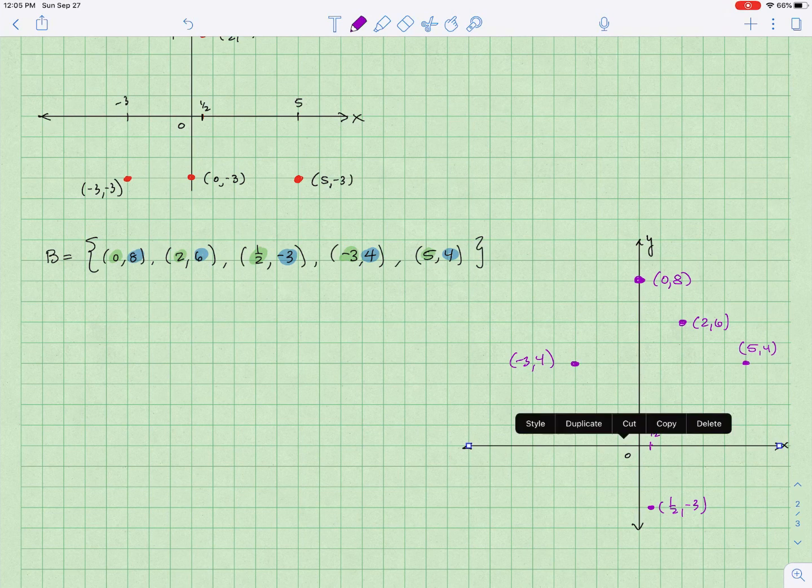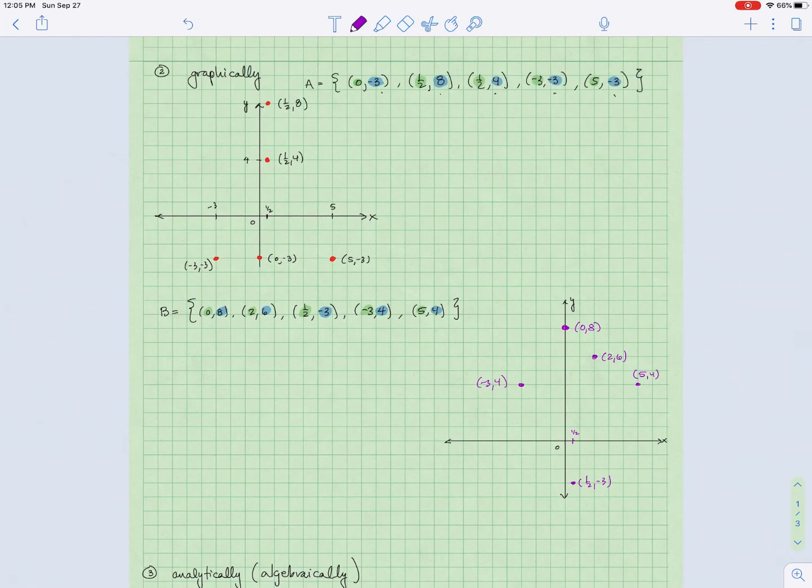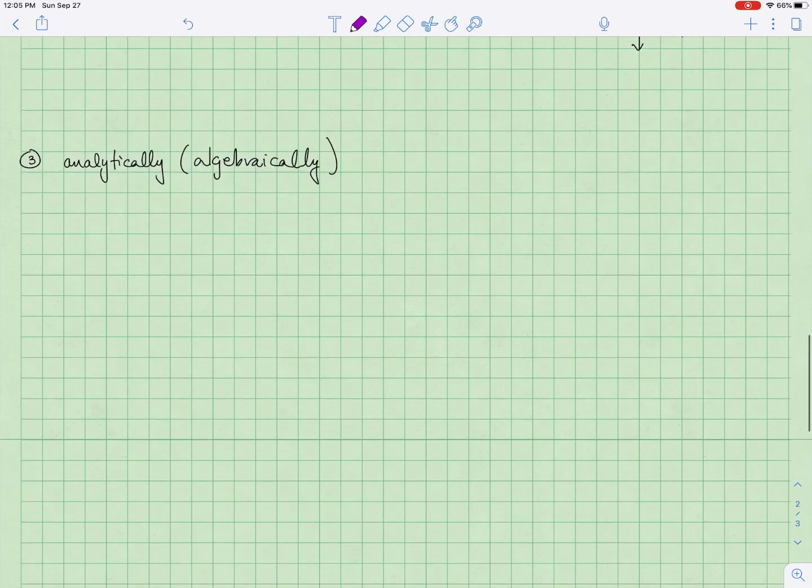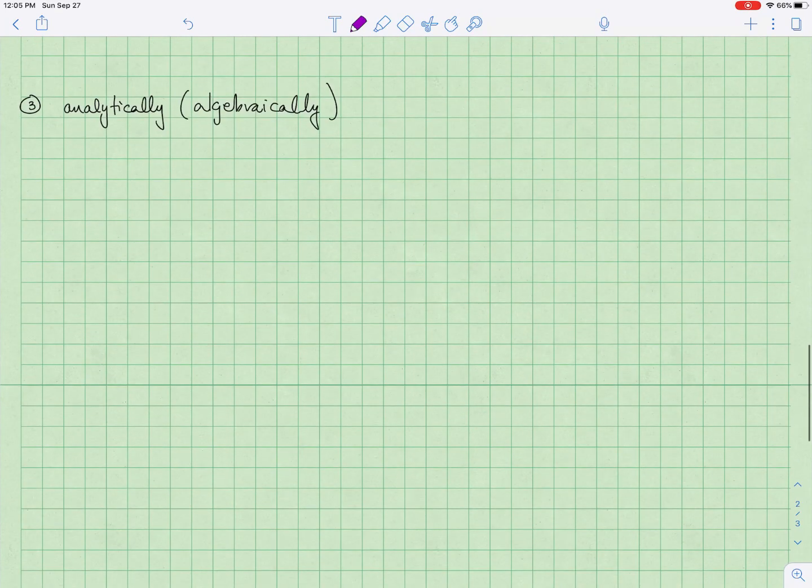That is right there. And you can see, if you look at both of these, they're very different pictures. That is to say, they are a collection of different ordered pairs. So, that's how you can represent a relationship graphically. The third way to represent it is what's called analytically or algebraically, and so we might say by the formula here is probably what some people are thinking. For example, you might define this relationship not by the numerical values you're actually using, but the rule itself between these numerical values, by the formula